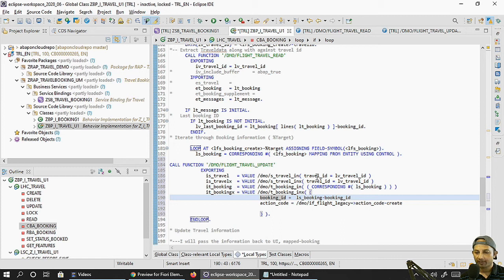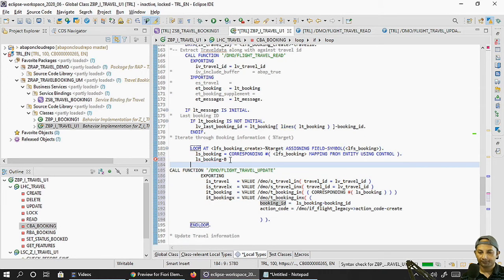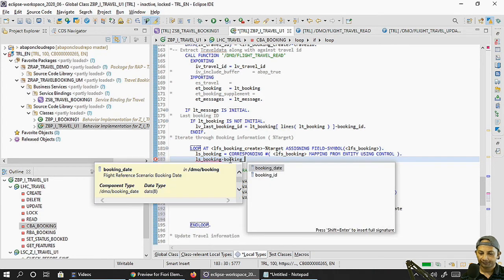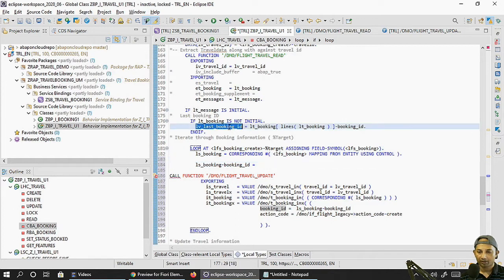Booking is basically the booking that we have, but here one thing we have to do, ls booking, we have some booking id, right? This booking id is equal to, we have to update the last record. So this last record, whatever we got, we have to update, so that is equal to 1, right?